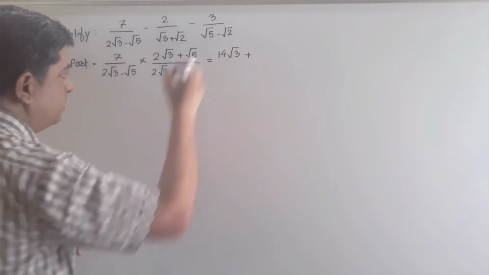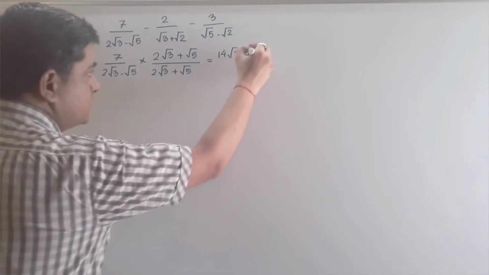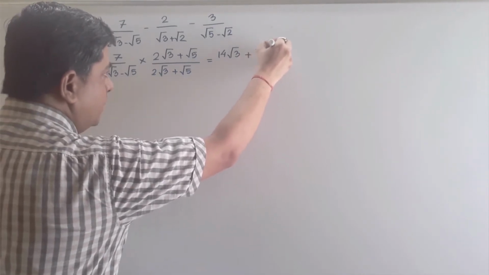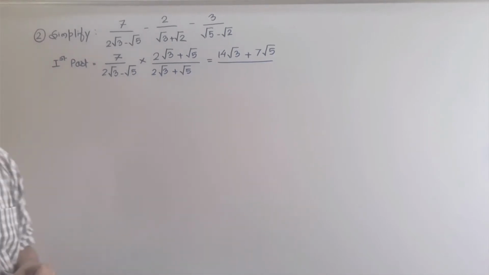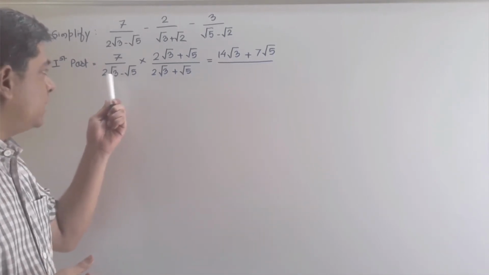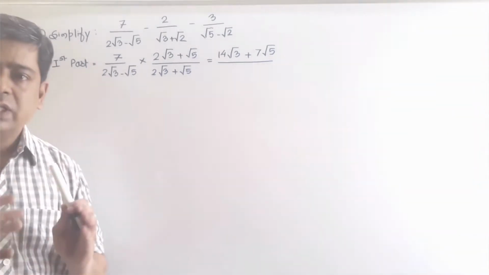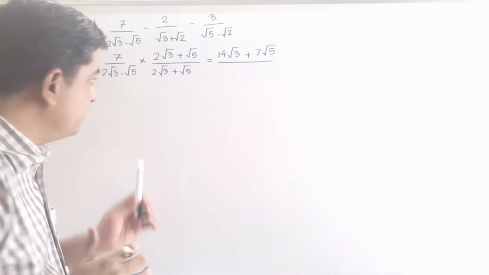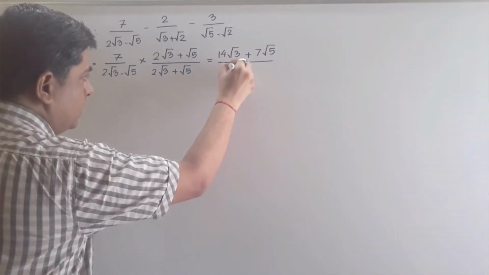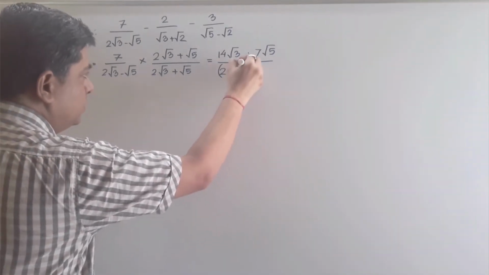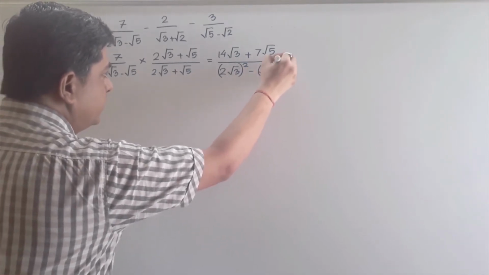Similarly, 7 will multiply with root of 5, it will become 7 under root of 5. Okay, this is your second term. Upon, in the denominator always you need to apply the formula a minus b into a plus b, that is a square minus b square. So these terms are coming in one pattern particularly. See, the first term is 2 under root of 3. So write down the first term, 2 under root of 3 whole power 2, minus under root of 5 again whole power 2 over here, right?